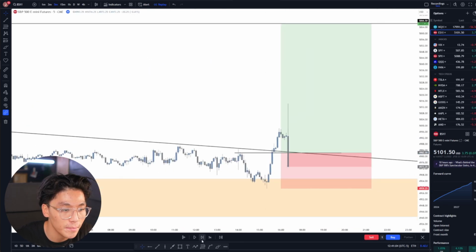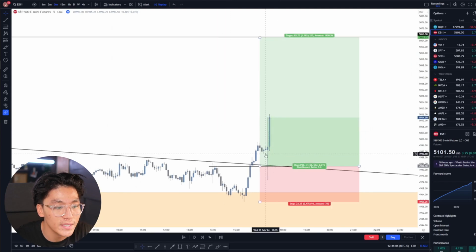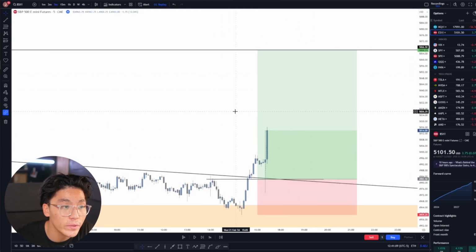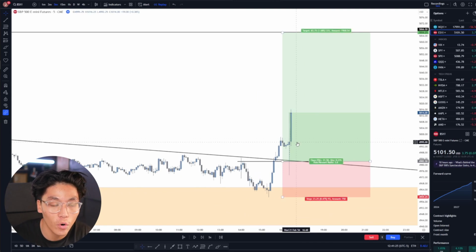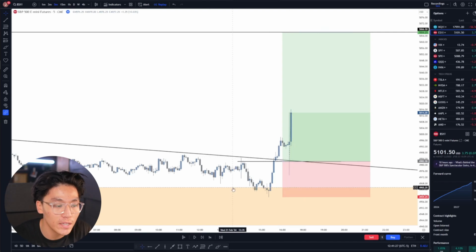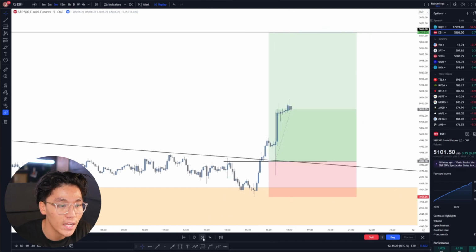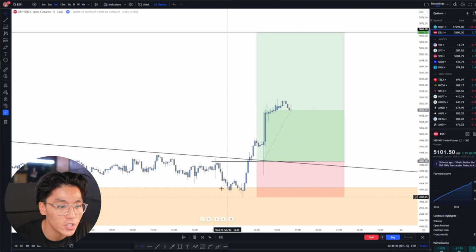So as we play the tape, you can see that we end up getting the retest here, and now we're continuing towards the upside. So we tapped into the 1 hour order block, we broke structure on the 5 minute time frame, and now we're going to be looking for a retest of the order block. And you can see we get the retest here. That's where we look to enter, and you can see that price ends up just continuing towards the upside now